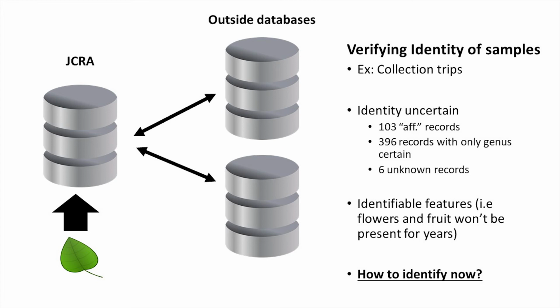So we've collected, say, seeds or cuttings from an area in China that's very difficult to get back to and verify the parent plant. Similarly, we also have many species where we don't take a guess at what the species is, we just assign it to the genus. And then there are just those records sitting in the greenhouse where I don't know what that is. So these things can be identified.